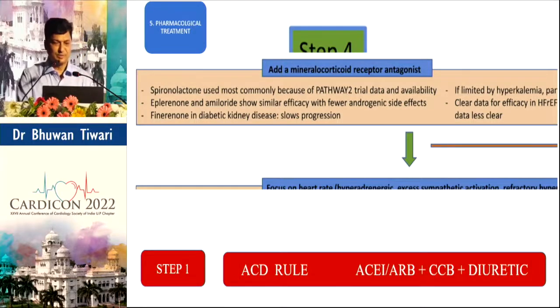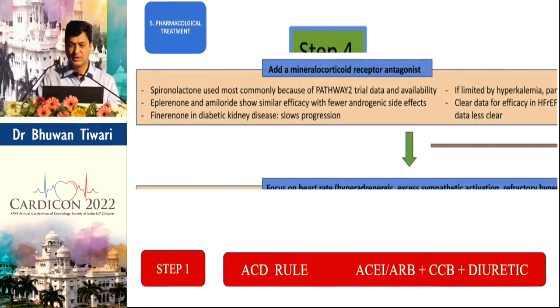Anyway, I don't know, some issue with the slide, but the next step is pharmacological treatment. Step one, the ABCD rule is there. Initially, we use an ACE inhibitor or ARB, then we use long-acting calcium channel blockers, and a long-acting diuretic like chlorthalidone is preferred. It has been seen that this will control many, after we exclude other causes. This is the first step of the drug treatment. If it does not control, then the second step